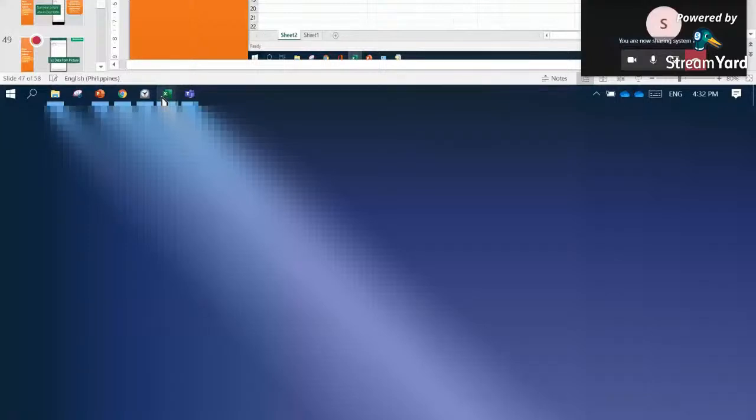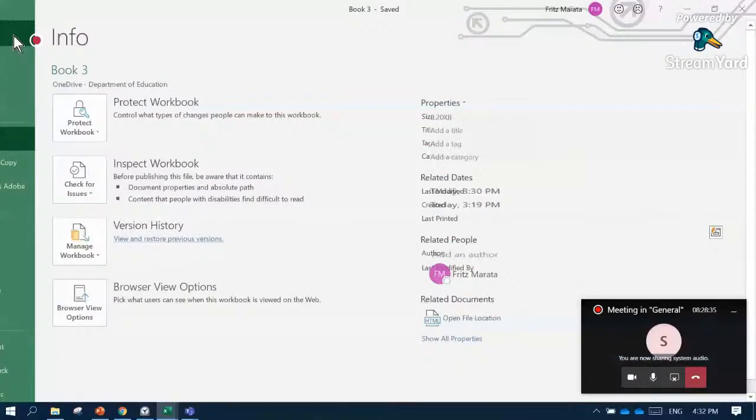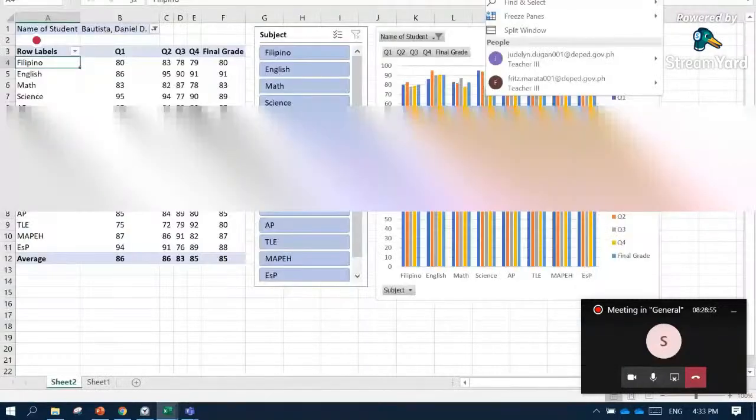So if I have here my workbook and my pivot table, I can click on this specific cell here, like Filipino, and then go to the Tell Me tab or Search tab, and then I will type Speak Cells. Okay, so it is already suggested there. So you just have to click that one.